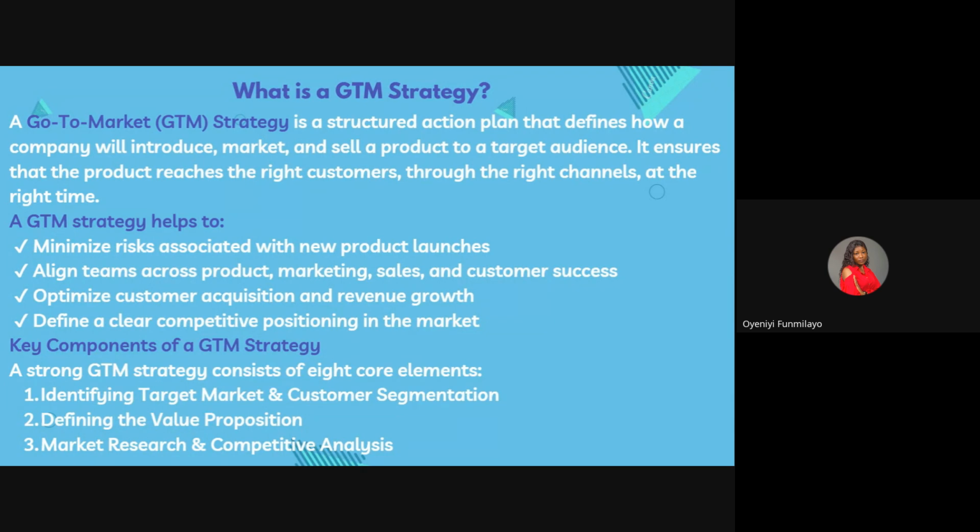Part of the things we'll be discussing in this week 6, we'll discuss in depth what a target market is. But let me just briefly explain what a target market is. It's more like a group of people you want to sell your product to. Do you understand? And then customer segmentations, they're also like